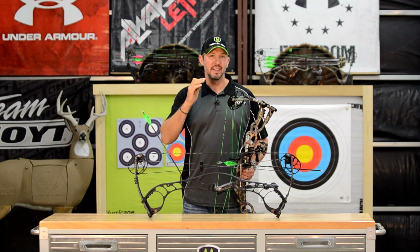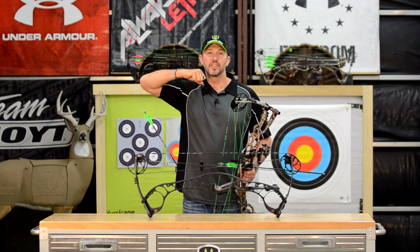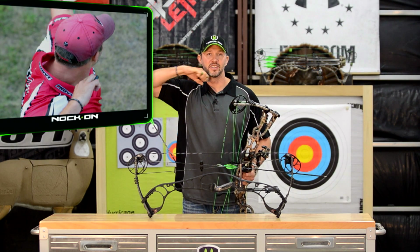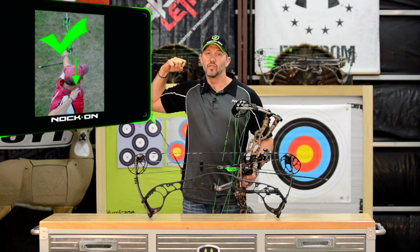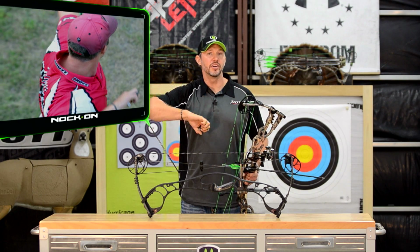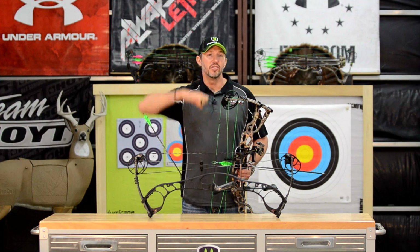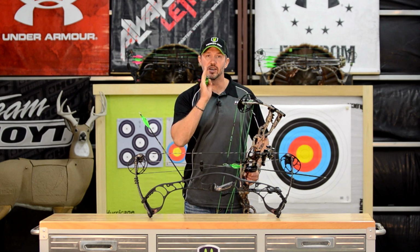Then, the second that release fires, I want you to go from pulling with your back to thinking about contracting your bicep and actually making a bicep muscle, because that bicep contraction is going to help pull your release hand around the back of your face and over the top of your shoulder. You don't want to come away from your face or under your face, which is a very common mistake for people that are peeking as they shoot or plucking the string or the trigger. You have to be able to execute back and around, and that's going to give your string a direct line